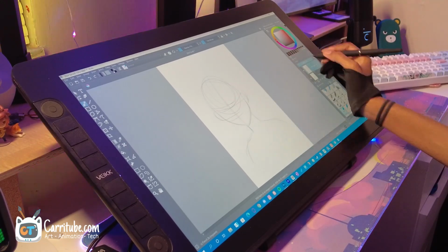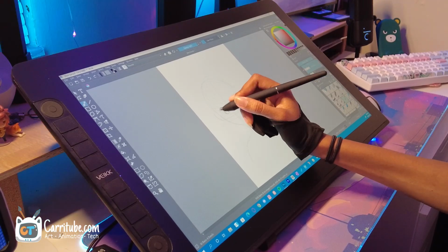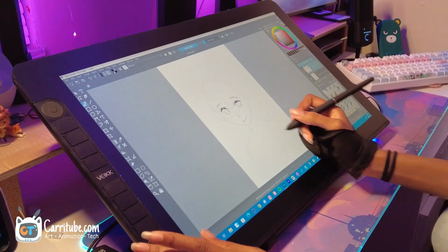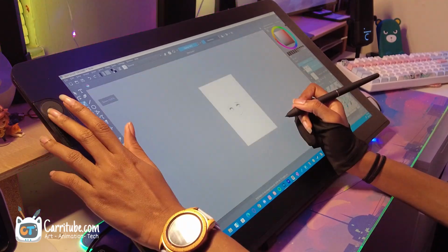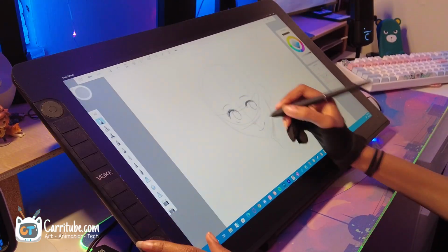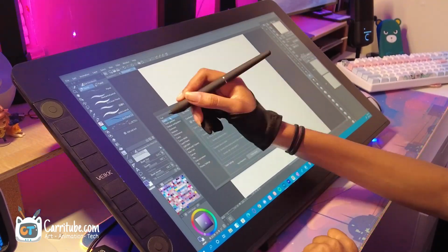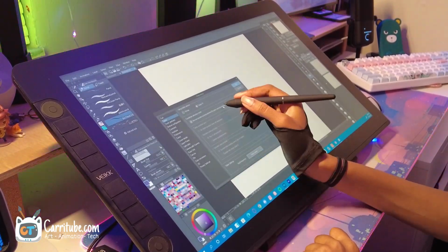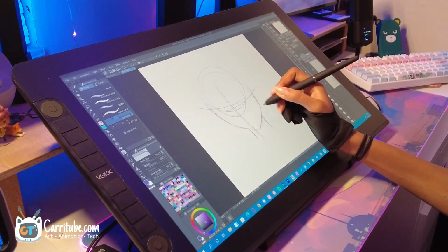That's how I worked around it, just because this giant screen is textured, and the way to adjust the stand is just really nice. And maybe I am very biased because I do not use many giant screen tablets besides the one at school, and the one at school is the Wacom one, and I find it super expensive for what it is. But this one, I think it's around $400 US. I'll link it down below, and I know Veikk is always having sales on these things, and I do not know how it compares to Yuan or XP Pen's display, but I do prefer this one a lot